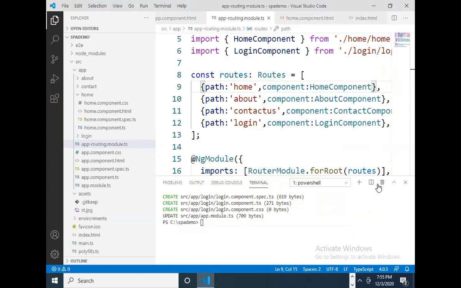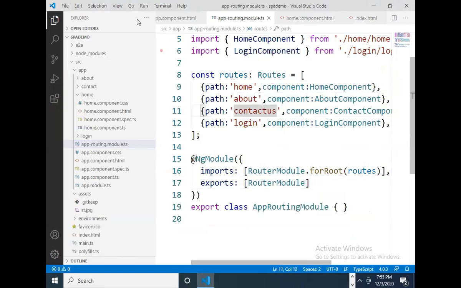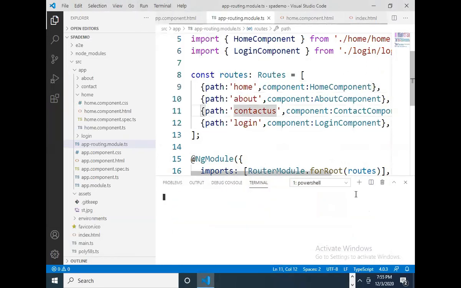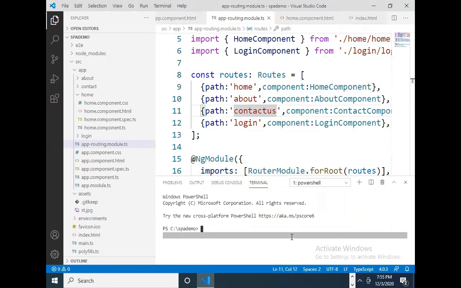Close this. Again I will delete this terminal, go to terminal, new terminal, and run the command. What is the command to run the Angular project? ng serve -o, press enter. Now my single page application is ready. Common code you write in index.html, and child components you write in the child code. So that HTML file will execute only one time. Whenever the user navigates with the hyperlinks, the individual components will execute and that output will display within the app root of the single page.